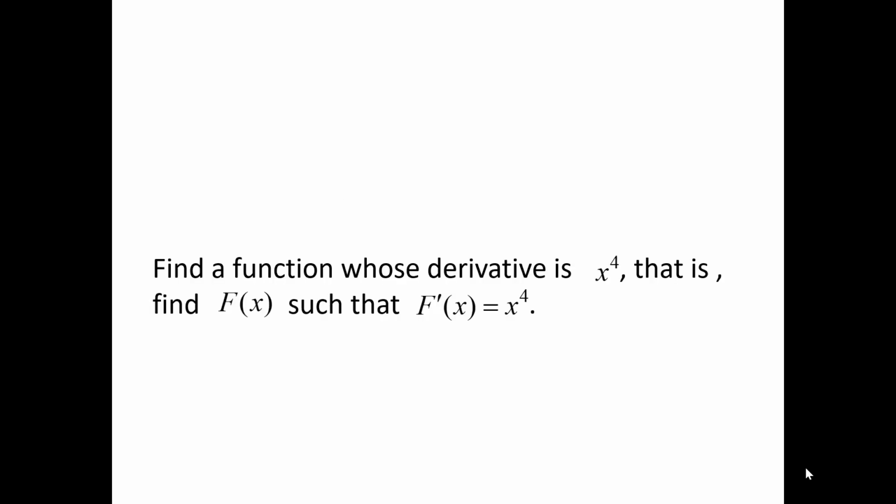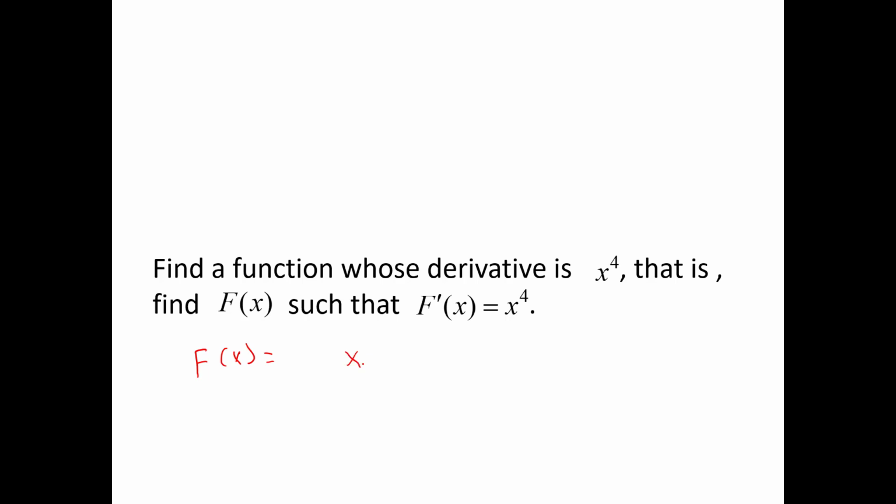We're working backwards. So pause the video and find a function whose derivative is x to the fourth. That is, find capital F of x such that F prime of x is equal to x to the fourth. And so this is just by inspection and experience. You don't need any training for this. You've done enough derivatives that you should know that if I want to end up with x to the fourth,